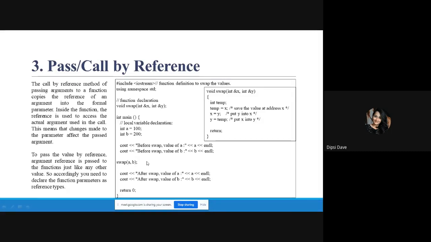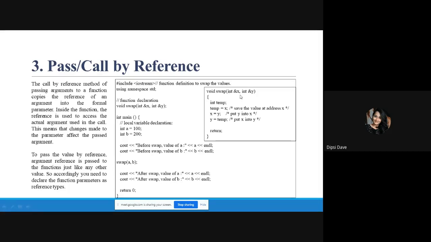Over here we normally call the function with normal variables, and after that the control will go to the function swap. You can see that a and b have some locations, right?